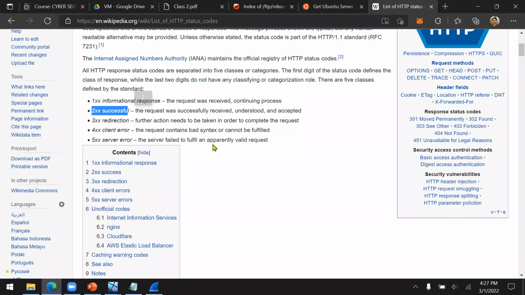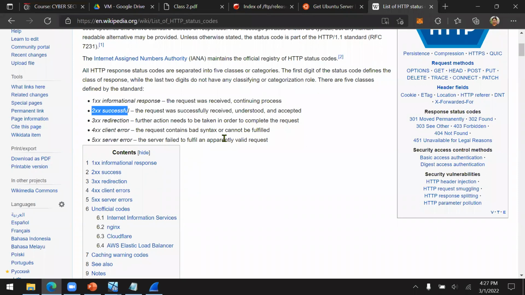For example, 200 is okay. Then 3XX, it could be 300, 301, 302, 303, etc. Then you need to take something to complete the request. So you're still hanging on me, and you need to send something to me, I'm the server. And 4XX means there is a client error, bad syntax, or your request cannot be fulfilled, etc. Something like 404 means I cannot find what you're looking for.